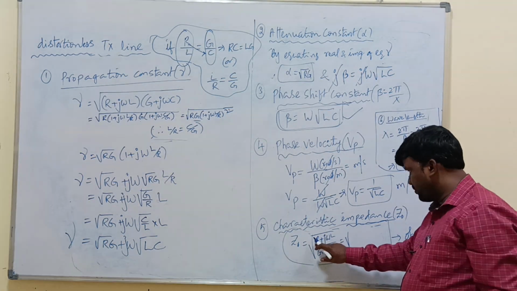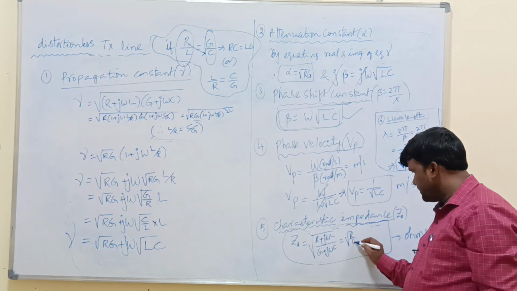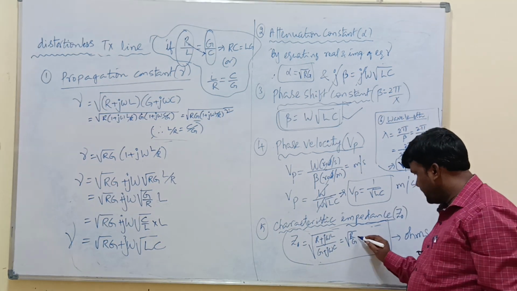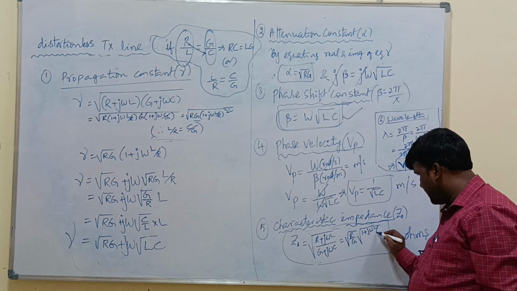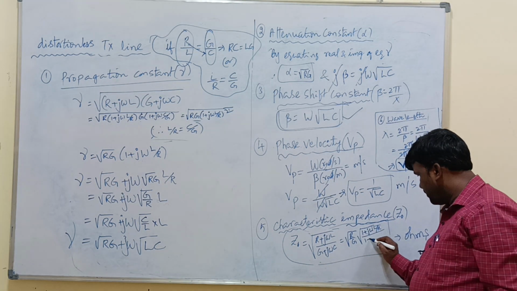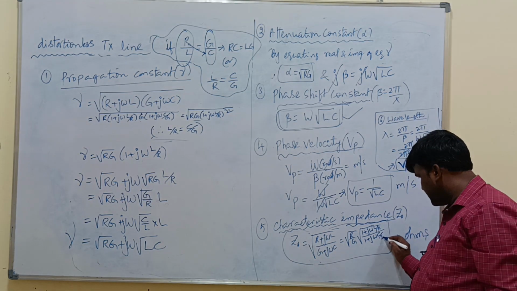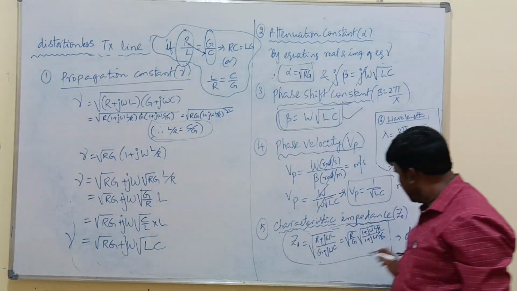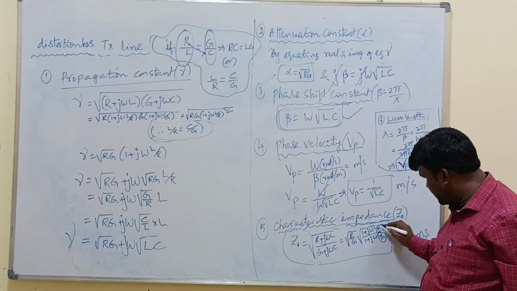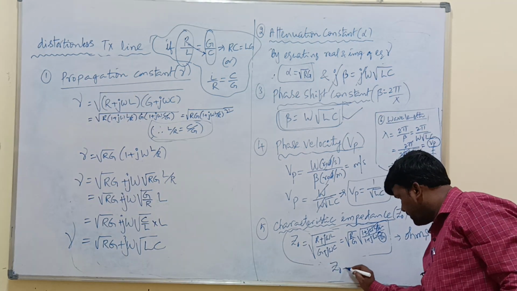You will get here root R divided by root G. That can be written as root R by G. Here we will get root of j omega L by R divided by 1 plus j omega, as G is taken as common, C by G. L by R equals C by G. So this one cancels. Remaining Z0 equals